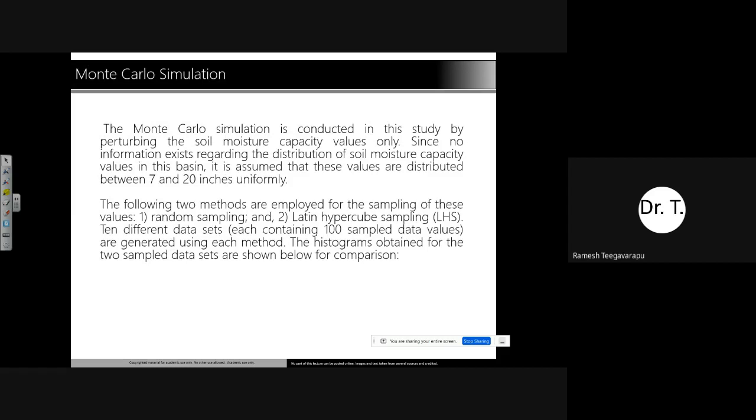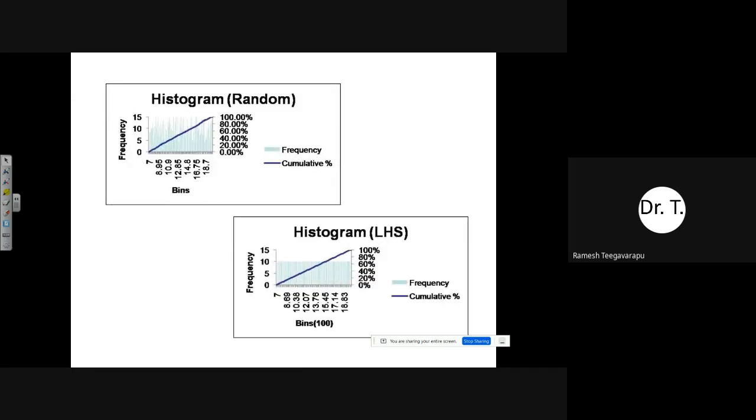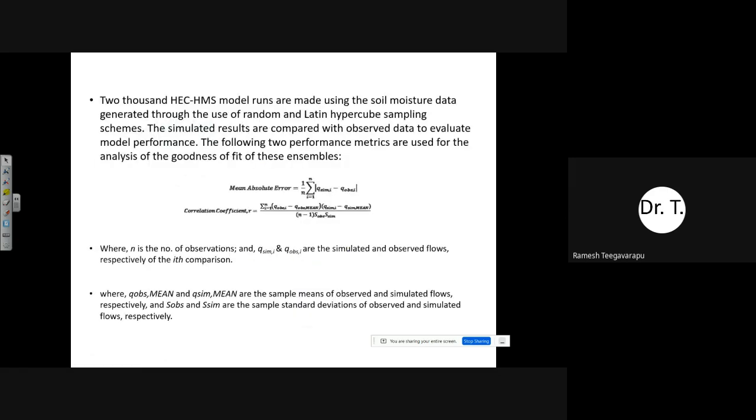And then we use Monte Carlo simulation, and we sampled 100 values. So you can see the difference with a histogram based on random sampling. You can see the variability, sometimes more in some areas. Whereas here, you can see how in each bin the values are picked up really well, so that you have a uniform representation of the sample.